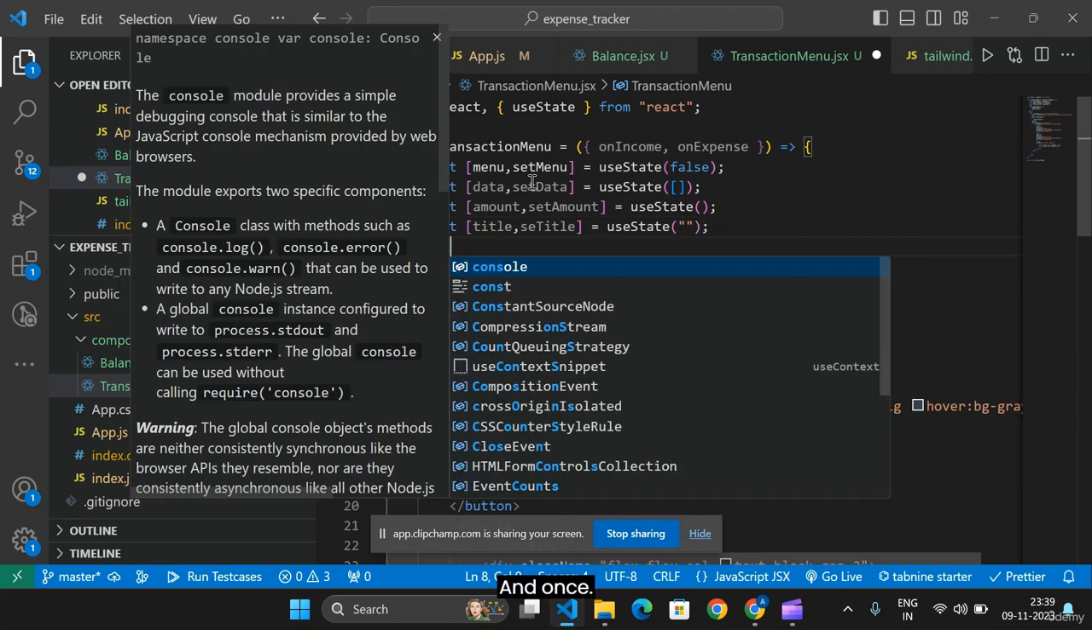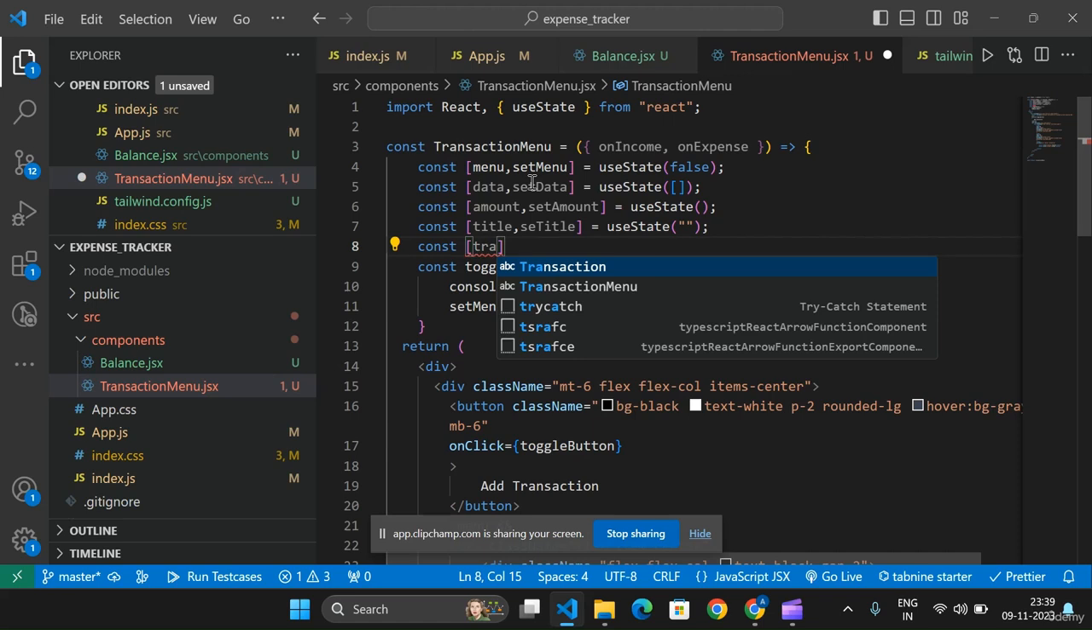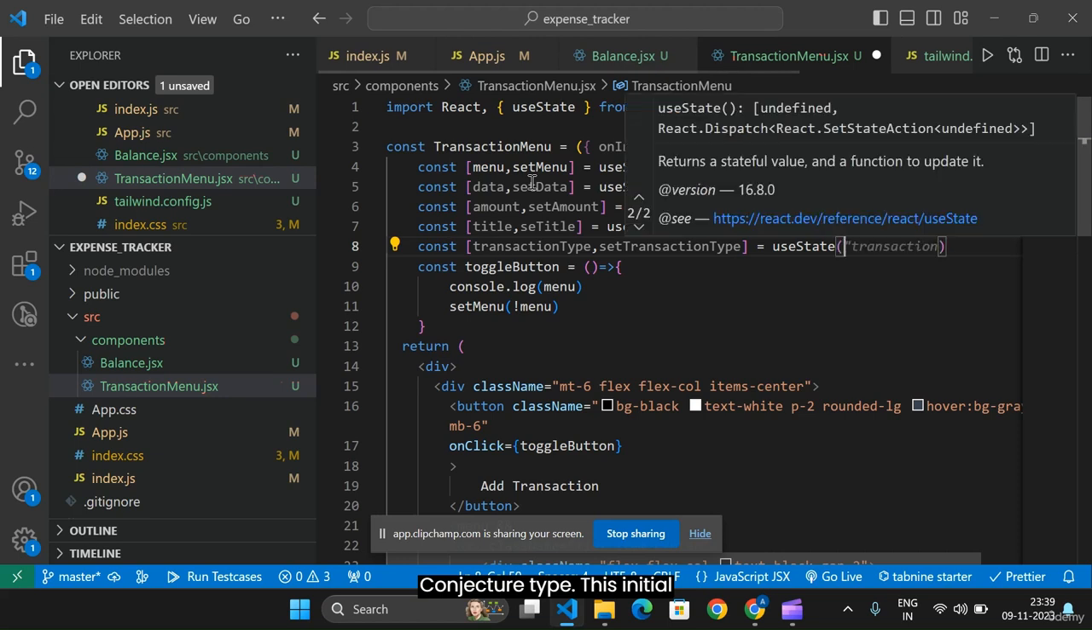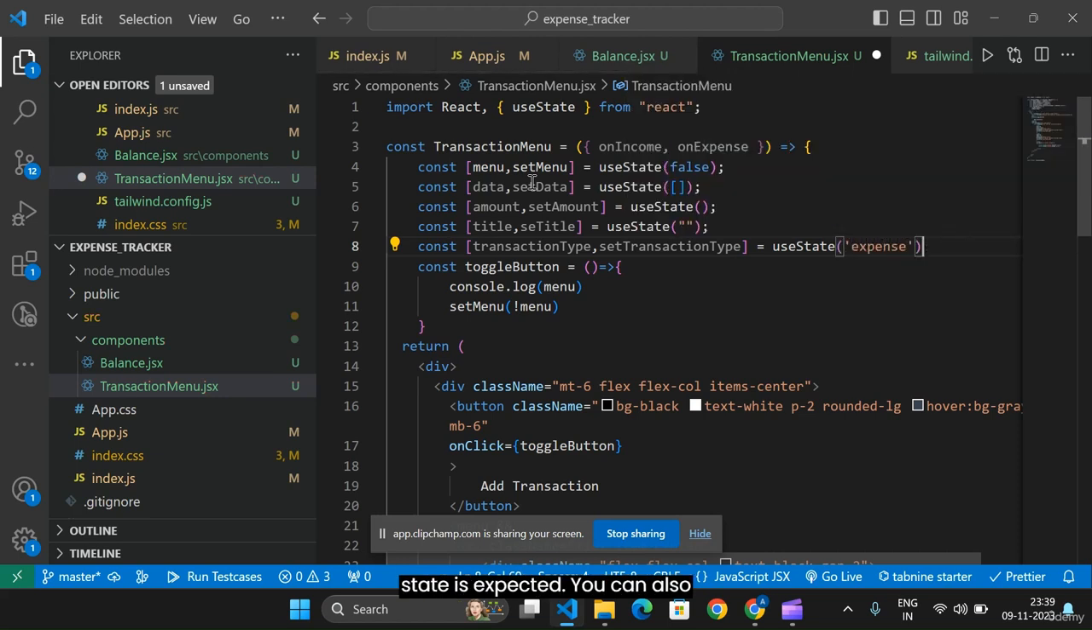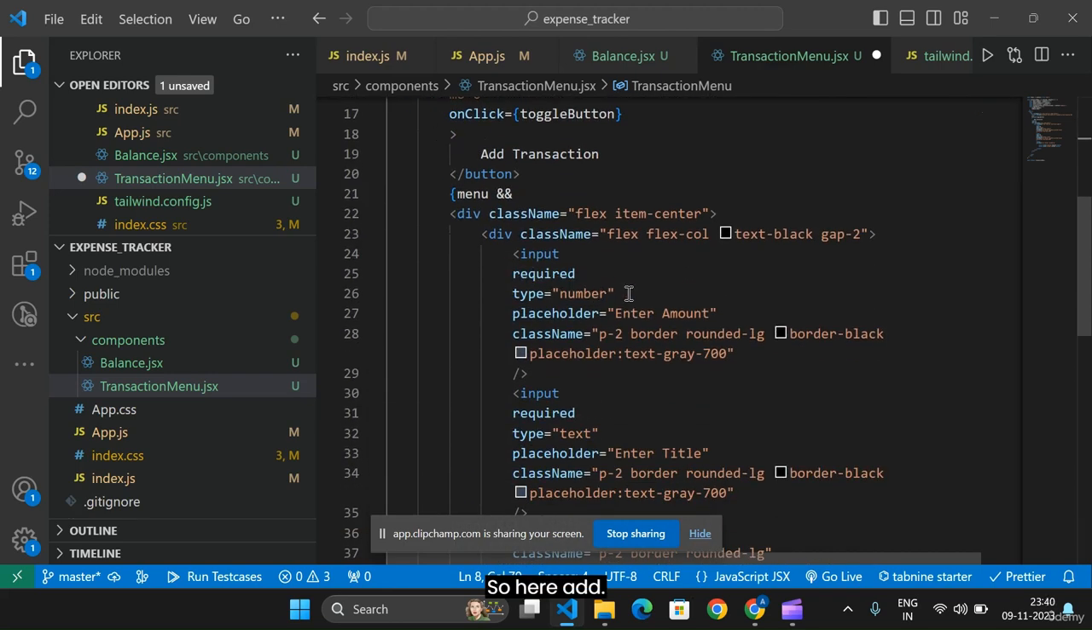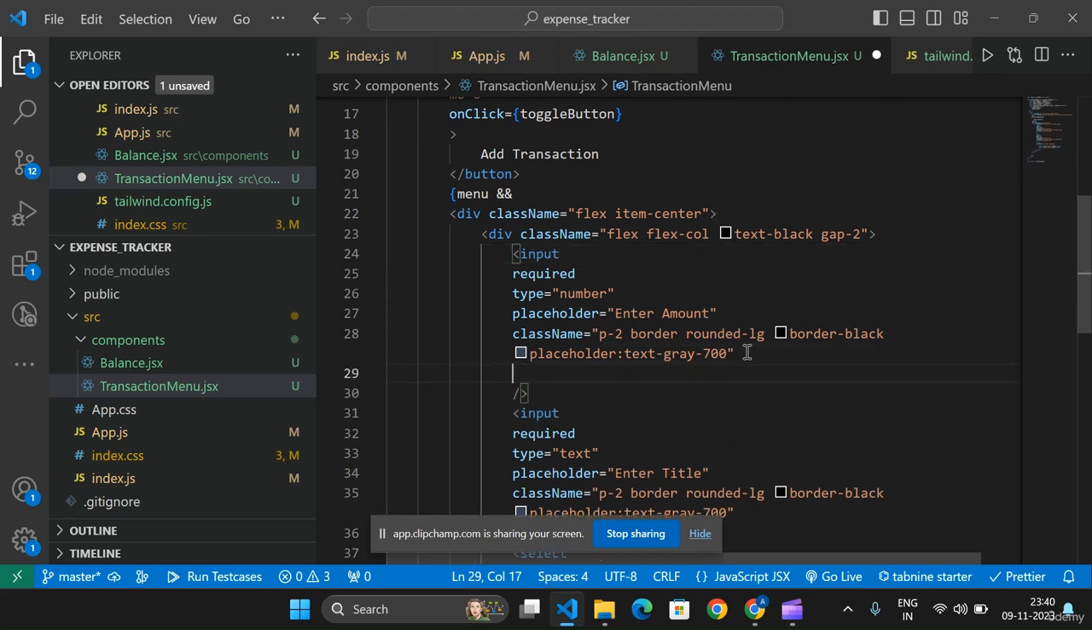and const transaction type and set transaction type. Its initial state is expense. You can also choose income. So here add this value,